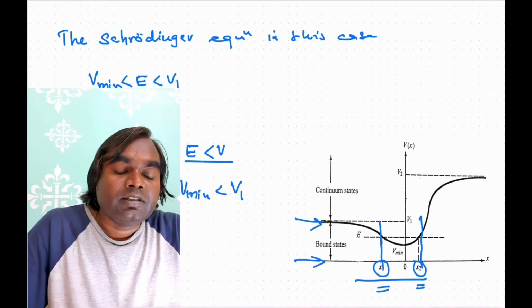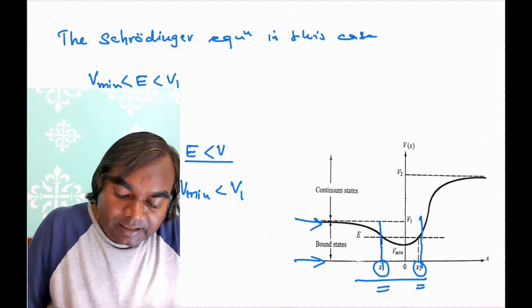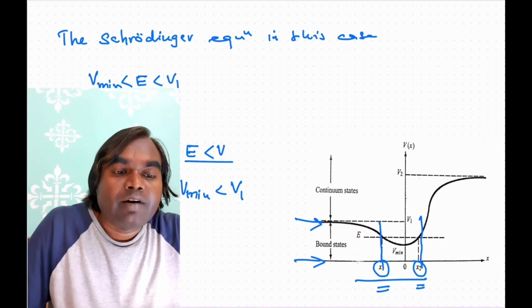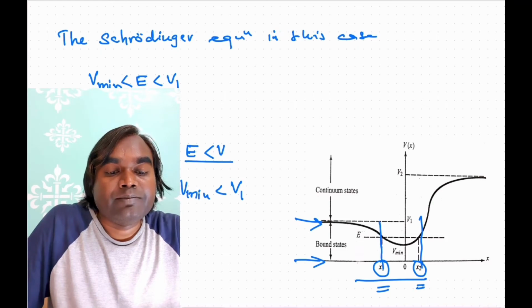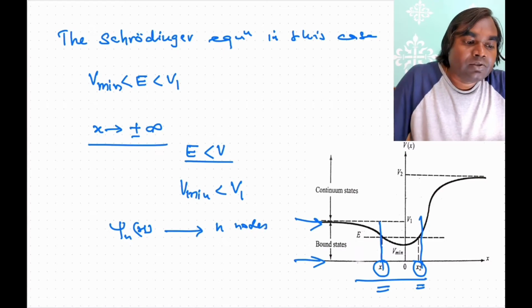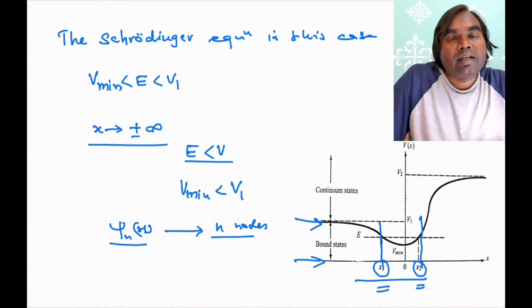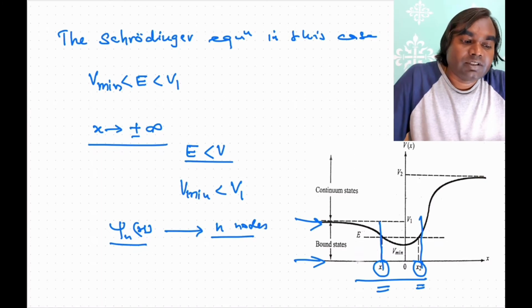And the second theorem states that the wave function, if it is psi n x of a one-dimensional bound state system, has n nodes. That means psi n x vanishes n times. If there are n nodes, then psi n x vanishes n times. And if n is equal to 0, it corresponds to the ground state. And n minus 1 nodes will be there if n is equal to 1, corresponding to the first excited state.